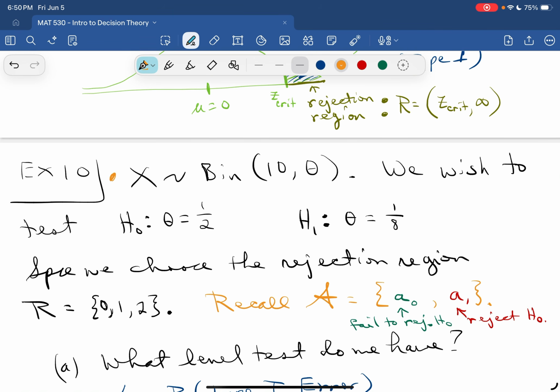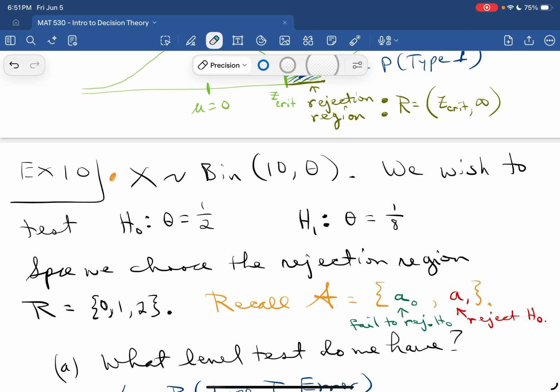probability of success on each independent trial is theta, and that is the unknown in this situation. We wish to test the null hypothesis that theta is equal to 1/2 against the alternative hypothesis that theta is equal to 1/8. So in order to